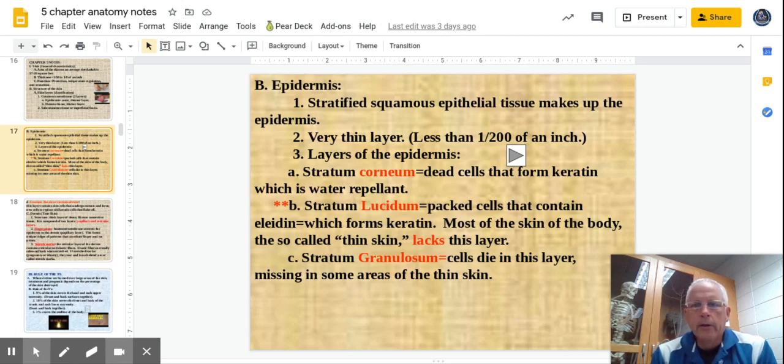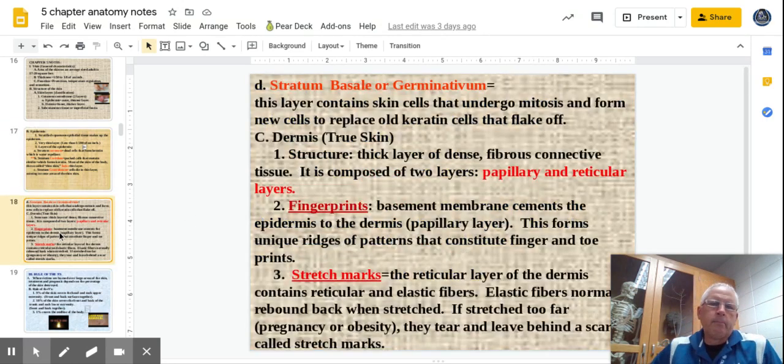Okay. The granulosum, that's where the cells die. So these 2 layers are missing in some parts of your skin. Okay. And the important ones are down here at the bottom. So the last layer is the stratum basale, or